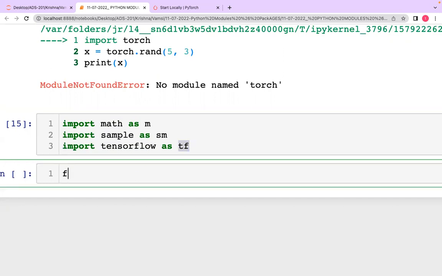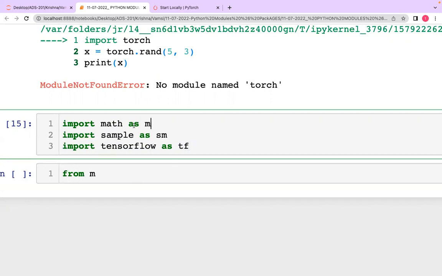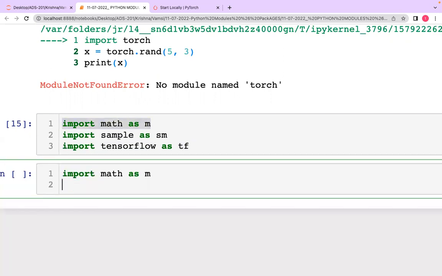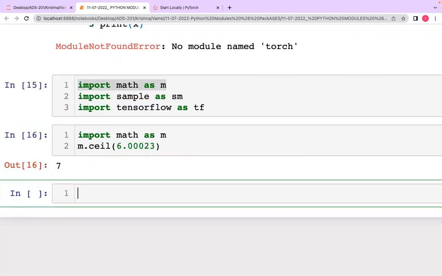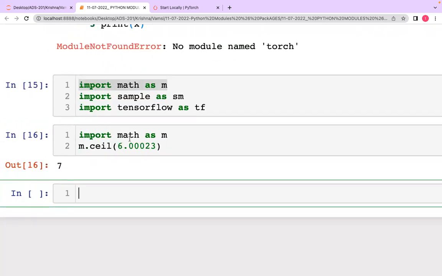And the second one is importing all. Every time we use the prefix math dot, okay, but when you are importing math as m, instead of using math we can use m. So for example, m dot ceil of 6.5 or something, you'll be getting 7, right? It's the same as math dot ceil only. So that's what I'm trying to tell you. We can rename it with an alias word.